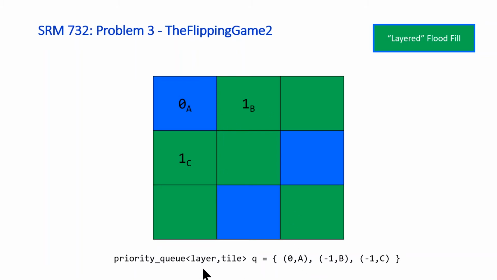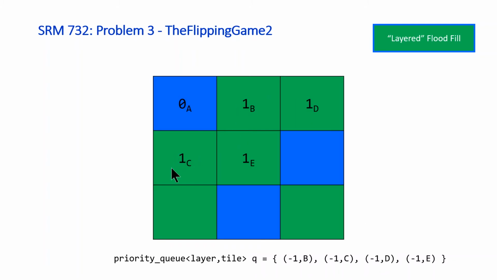So when we push our tiles with the layer that corresponds to each tile in, we have to negate the layer. And so then we'll pop off our first tile that we looked at. Then we're left with these two tiles, and we'll look at tile B first. We'll look right and we'll look down. We'll call this tile D and tile E. These are both the same color, so we'll add these with the same layer, and then we'll just continue to